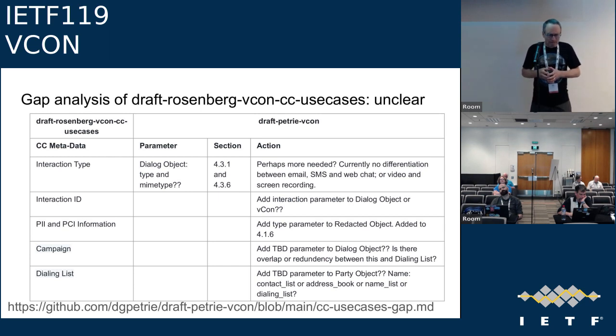I'm trying to think where this came up. I guess this did come up in SCC use cases, but I think this question came up in other contexts as well. The dialogues are labeled, they have a type. There's a text type or a recording type, in terms of most conversations. That doesn't capture things on a more specific level, like this was text. Was it email? Was it SMS? Was it web chat?